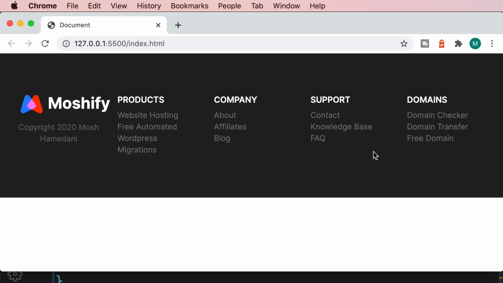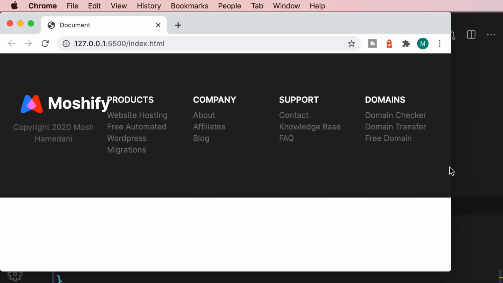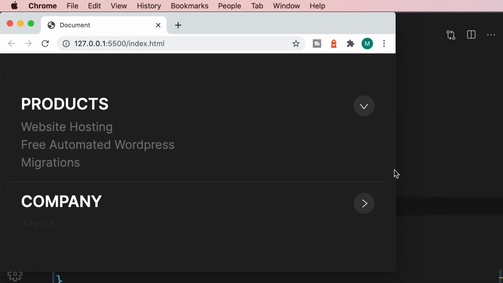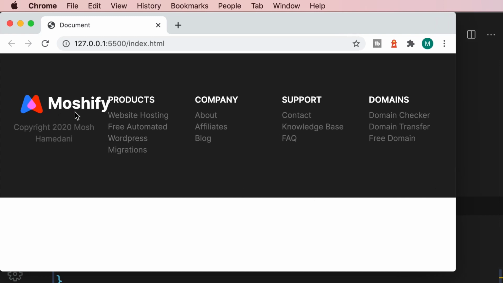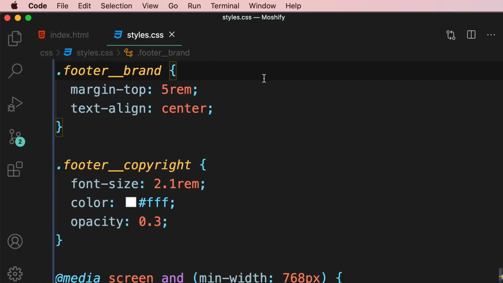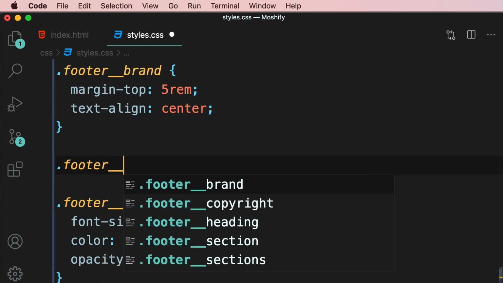All right, so I've added all these real labels and then found a problem. If we make the browser smaller, look at the logo, see what's happening? The reason this is happening is because we don't have a responsive image. So earlier we defined this rule for the brand section. Now I'm going to write a new rule and say,